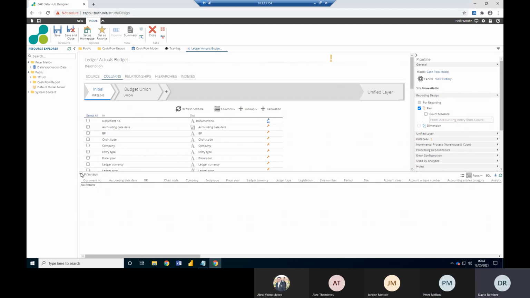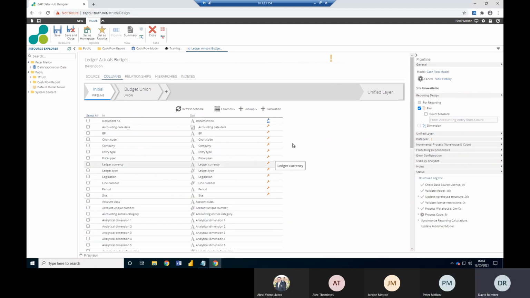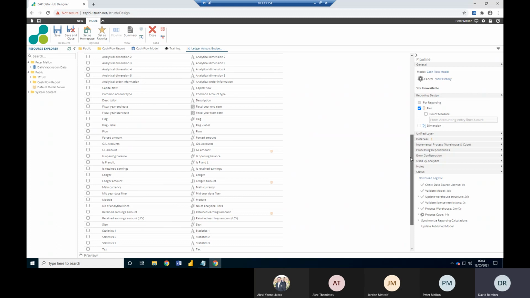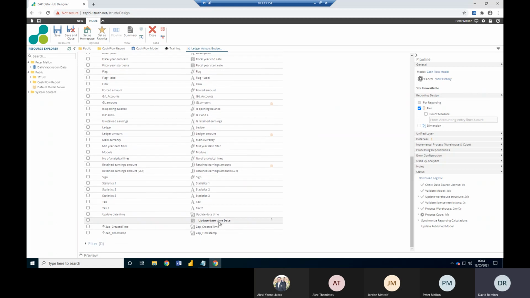Sure. So basically, can you now scroll down? Let's see if some change is happening in this section. Well, we only have that update date time, which is a new calculation. And if you see, there's not an in step, and the reason why is because it's just a new calculation that's created. Now, the calculations have a certain order, and sometimes it's not super straightforward, and it's not a rule, but